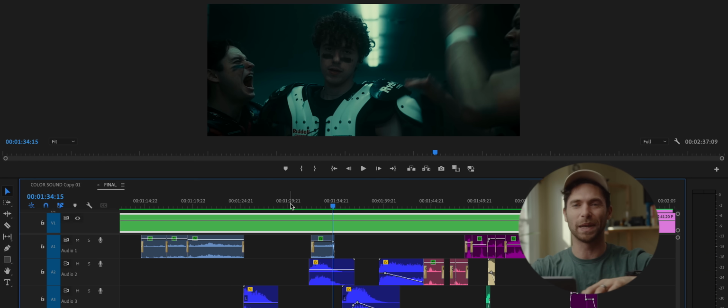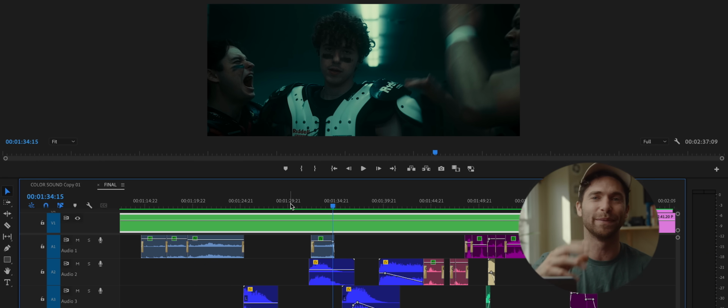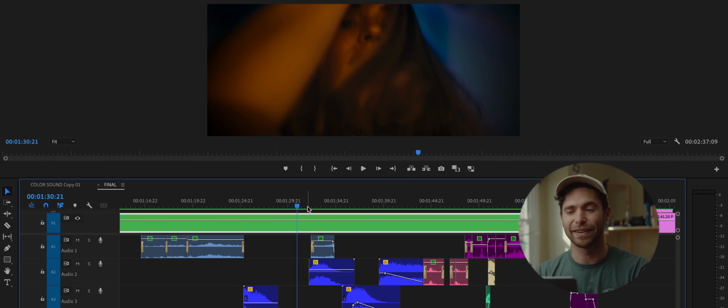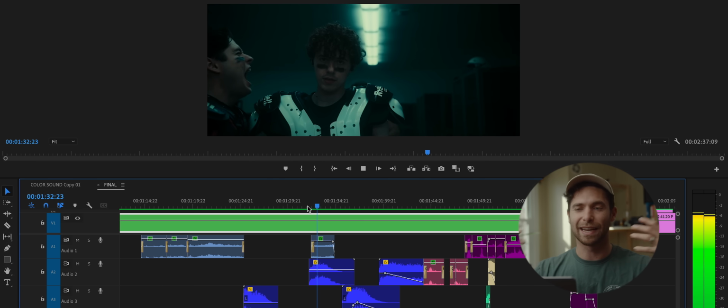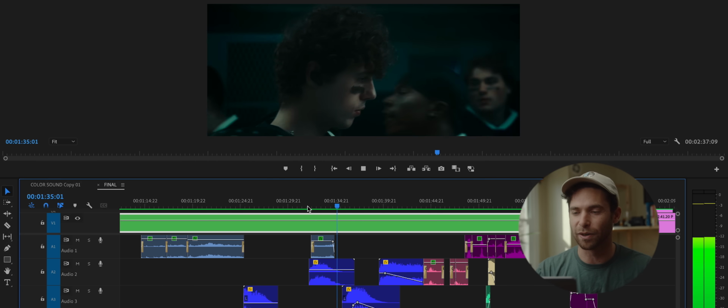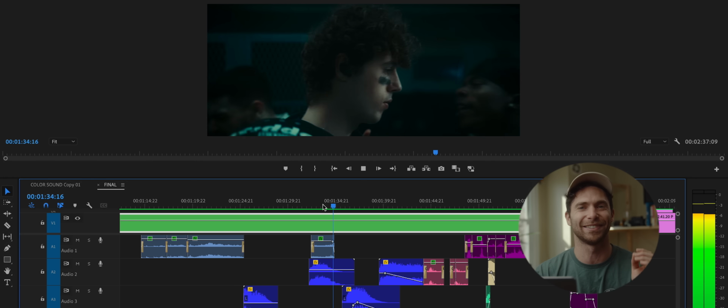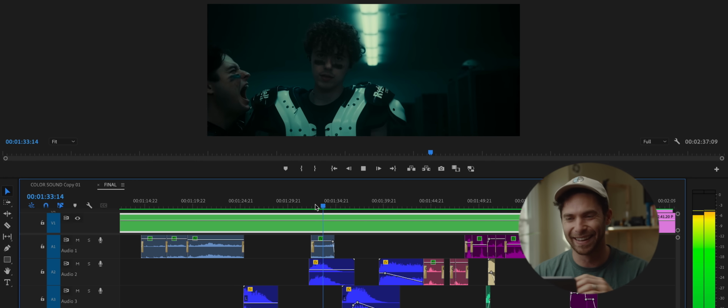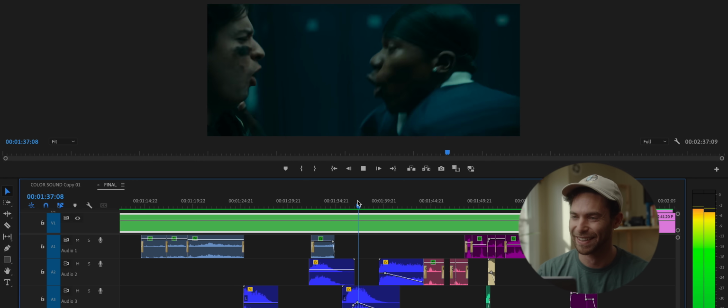Then of course there's a lot of really great sounds in here that I used to augment the entire production, and those are sound effects that I pulled from Artlist. You're seeing my buddy Pat, who's playing extras, screaming in Nick's face. So the sound that you're hearing there from Artlist is the sound of a whale moaning underwater, and I thought it just matched so well with the clip of him yelling at him.